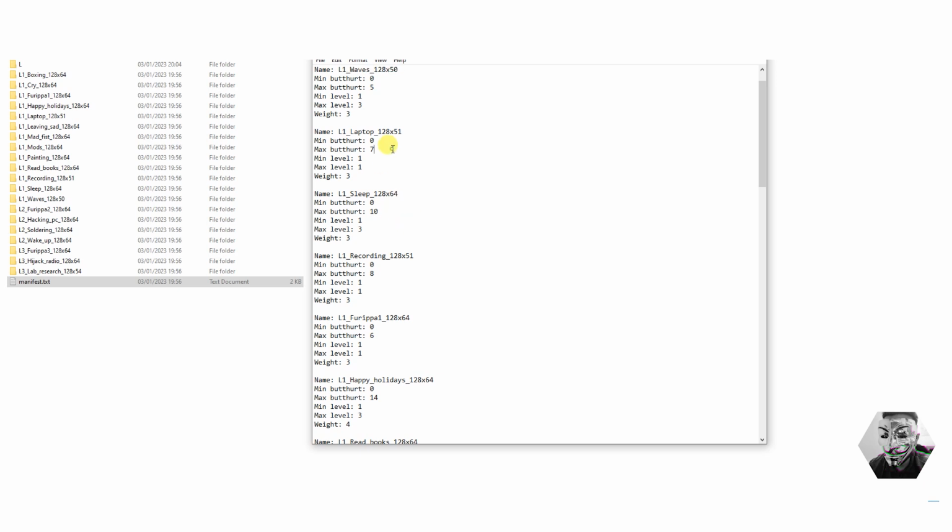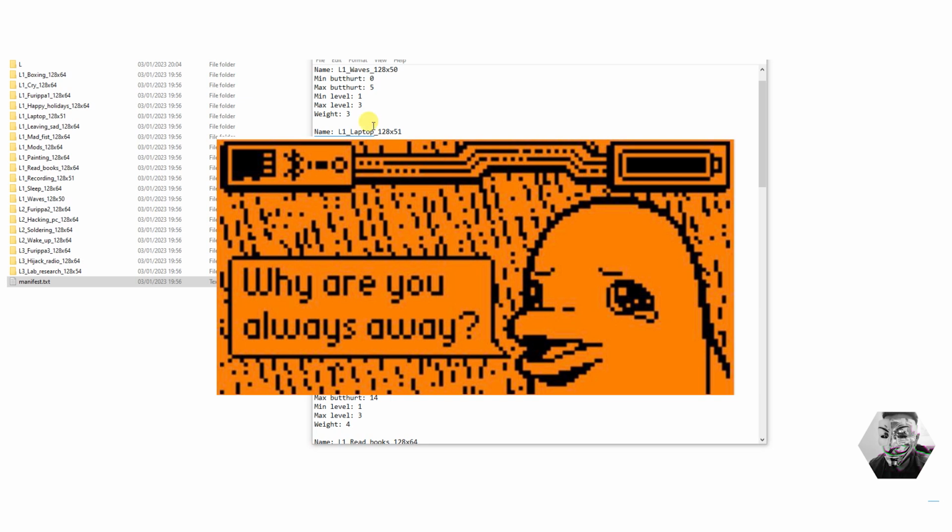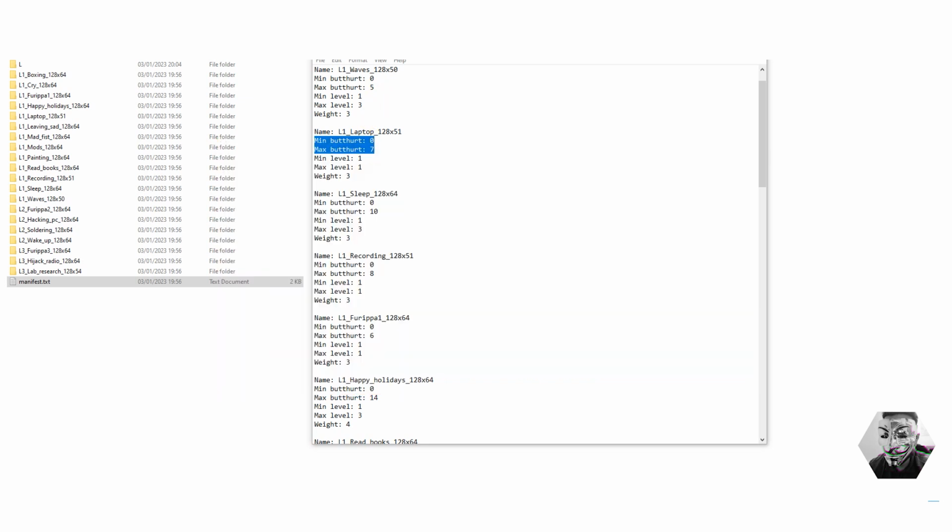So what the hell is a butt hurt, you might ask? This measures the Flipper's happiness or sadness rating actually. And the minimum and maximum levels are set as such for your level on the Flipper. Next we have the weight. And this is the frequency in which the animation will play. So if you have a higher weight, it has more prominence to play over other ones that have a less weight. So considering this is just a single animation tutorial we're going to look at, we can delete all